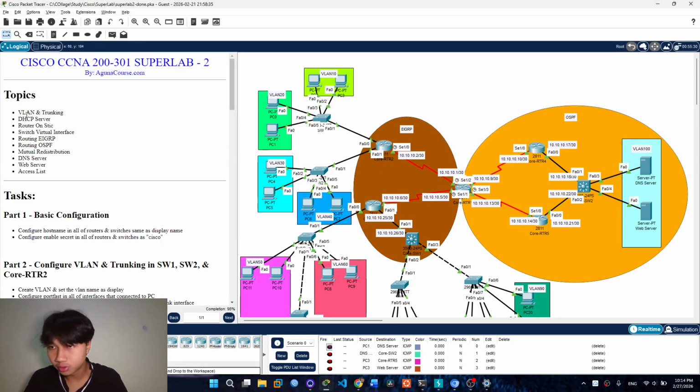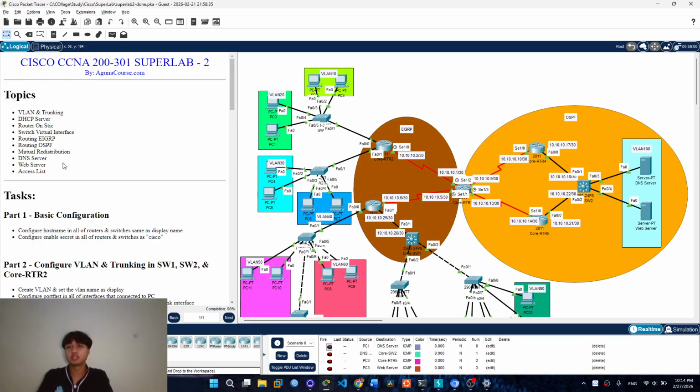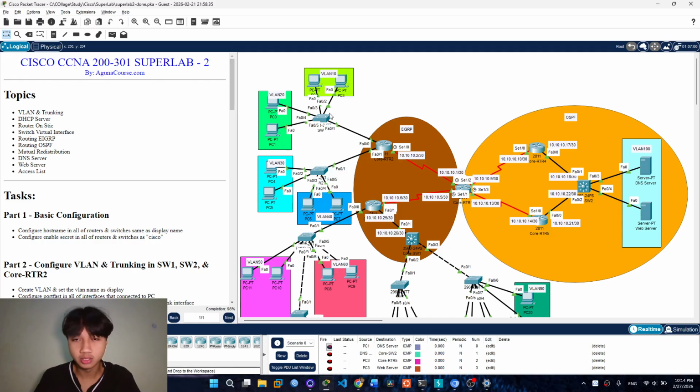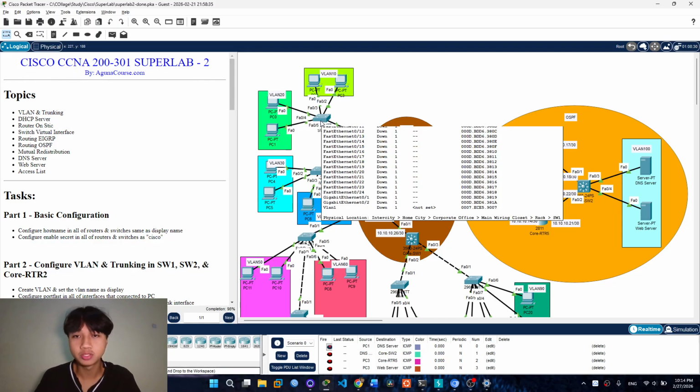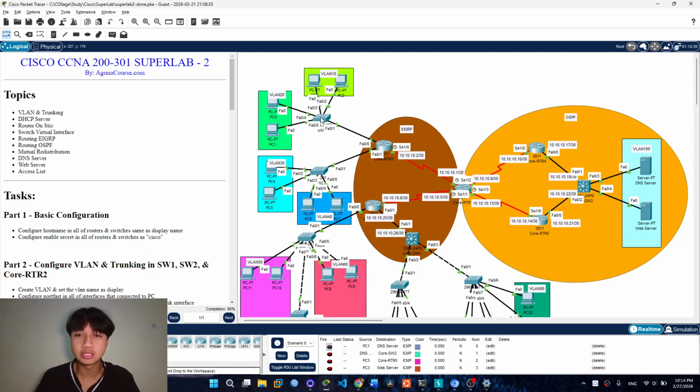We have 1, 2, 3, 4, 5, 6, 7, 8, 9, 10. We have 10 topics in this super lab. First topic, we have VLAN and trunking. So we configure the trunk and VLAN in all switches. For example, SW1 has two VLANs, so we must configure VLAN 10 and VLAN 20, and then